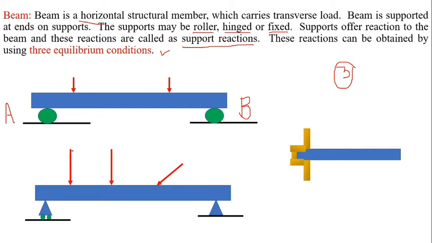So, this figure shows a beam. This is beam AB which is supported at A and B. Now, the distance between the two supports is called the span of the beam. So, here the span of the beam is L, the center to center distance between two supports, or sometimes we call it the length of beam. Okay. So, this is a beam carrying two point loads or two downward loads and supported at A and B.